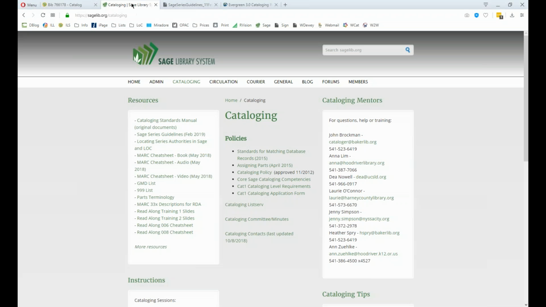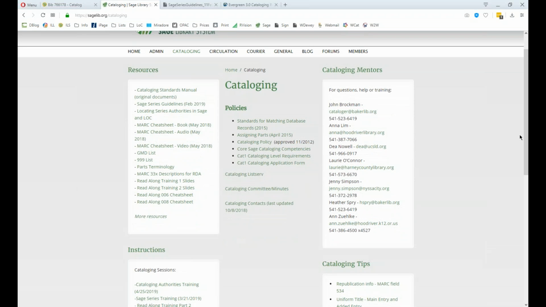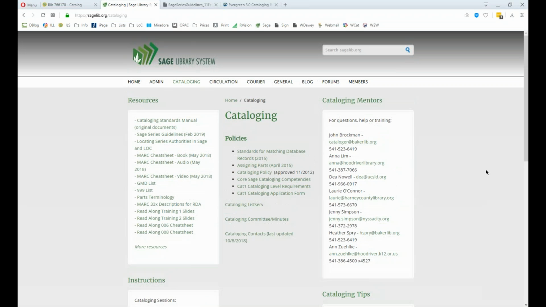what we are going to be doing, we haven't implemented this yet, but on the SAGE website, I believe there's mention of it in the series documentation somewhere, but we're going to have a contact form here somewhere where if you encounter one of these series that after doing your work on it and adding your items, you find a series that you don't know how to approach or that has multiple authorities and you're not sure which one to use, we're going to have a contact form that you can submit, and we would be happy as mentors to look at it with you,